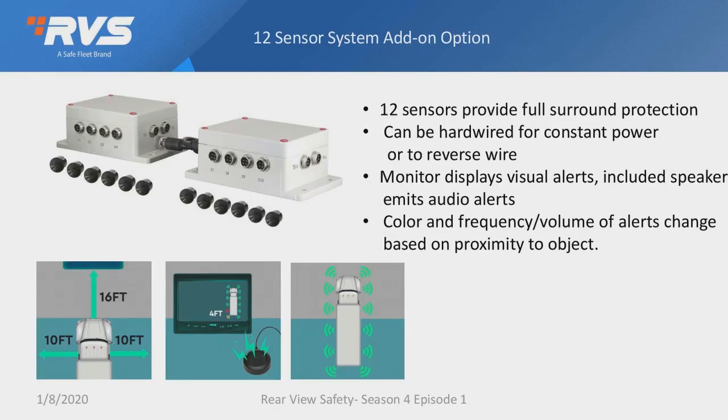Okay. Next slide. There's an add-on option that you can see on the product page, which is for a 12 sensor system. The 12 sensor system is integrated together with the 360 system, and it provides an additional element of active safety to the more, let's say, passive safety element of the 360 view. And it has 12 sensors,